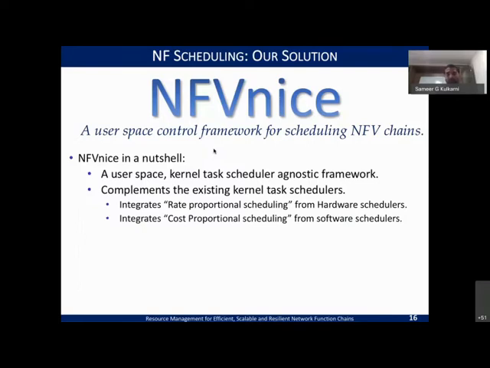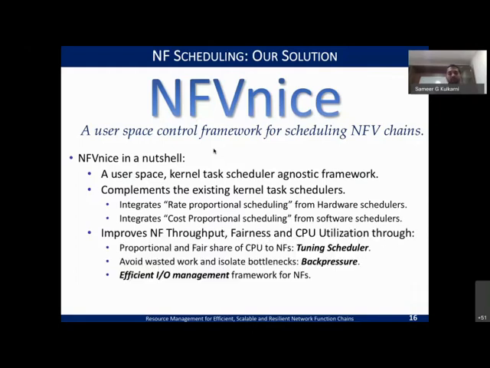And in the software side, like we saw earlier, whatever the cost in terms of the computation demand is the cost that you want to meet, and rate is in terms of the packet rate that you receive at input, right? So you want to have a mix of both of these concepts so that you can have a good scheduling framework.